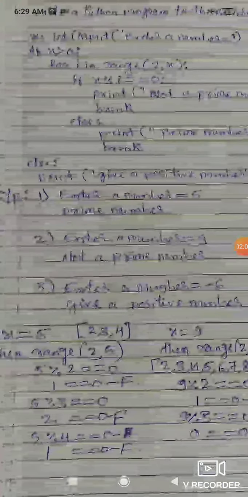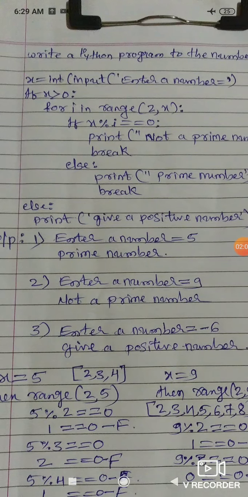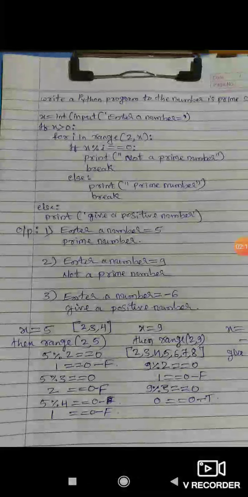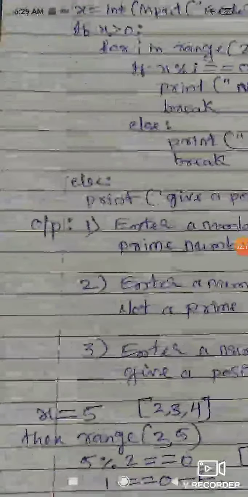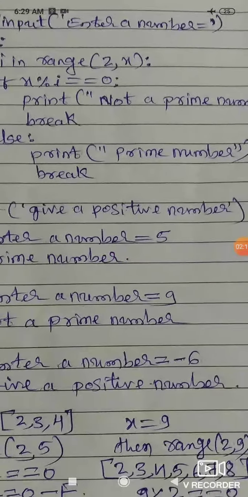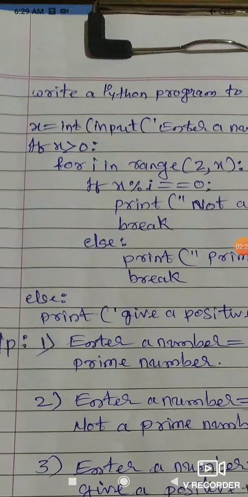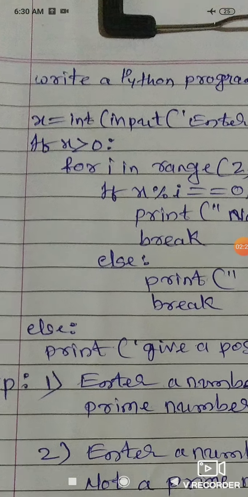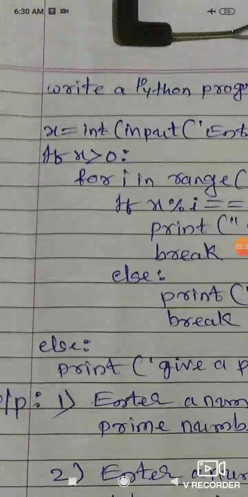For example, just think that all the code doesn't have any syntactical errors. See the first output: enter number equal to 5. So x equal to 5. The x value is 5, and 5 is greater than 0. The condition is true, so the cursor goes to the if block, and the first statement of the if block is here.